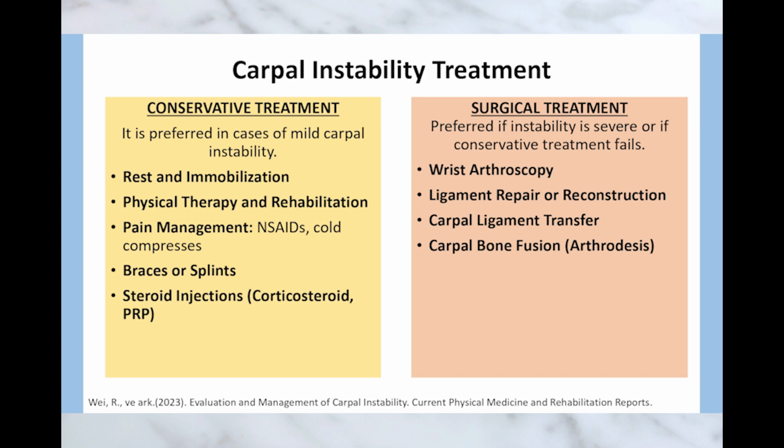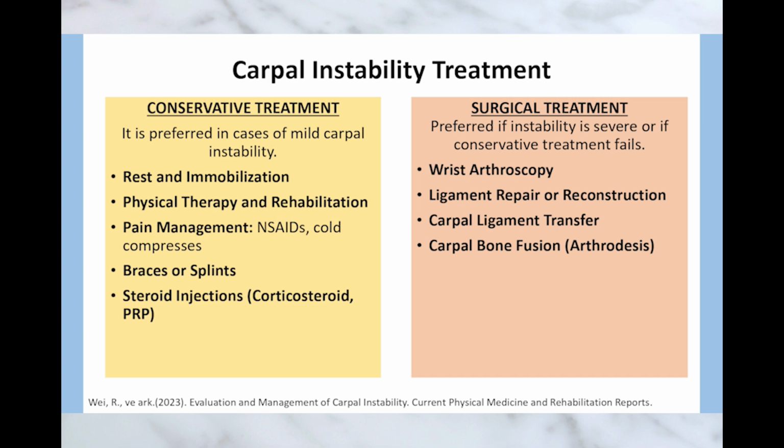They'll work on restoring range of motion, strengthening the muscles around the wrist, and importantly, improving that proprioceptive awareness. Right, that sense of where your wrist is. Exactly. And there are specific exercises for that to help the wrist relearn how to sense its position and movement. So it's like retraining the brain. Yeah. Bracing or splinting might be used for ongoing support, and sometimes they might consider injections of corticosteroids or platelet-rich plasma, PRP, to reduce inflammation and maybe help with healing. Okay, so it's a multi-pronged approach.